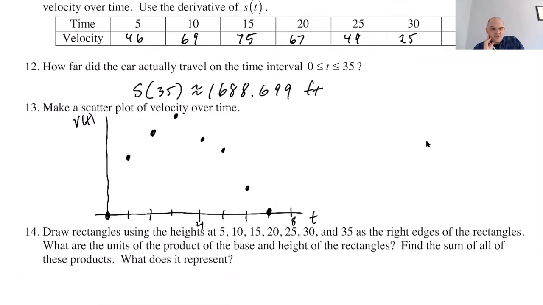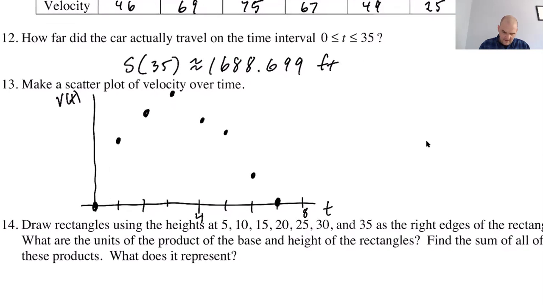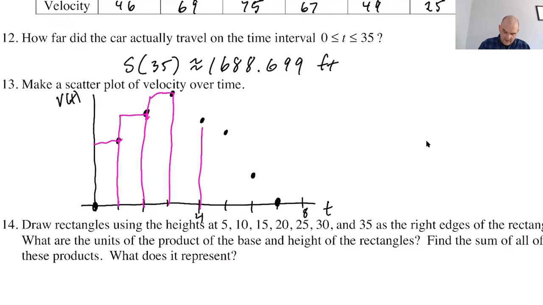The next question says, draw rectangles using the heights at 5, 10, 15. So basically, do what we usually do when we draw rectangles on a graph. So let's switch colors, and let's see if we can do this. So it's going to look like this. And then what I'm going to do is show you on GeoGebra how I did this,